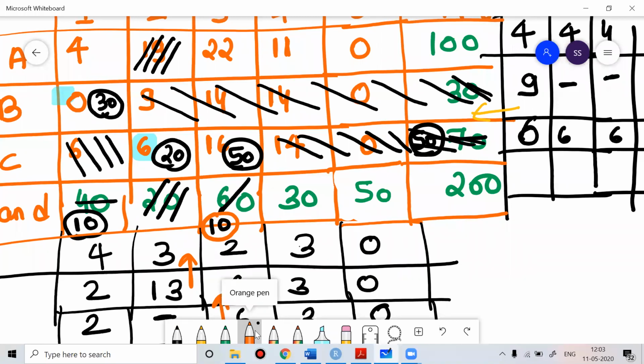For the third row, you can see the maximum is 70, and that is done. For the second row, the maximum is 30, and that is done. For the first row, the total is 100 and nothing is done till now. In the first column, the total is 40; you have done 30, and 10 is left. The second column is done, in the third column 10 is pending, and the fourth and fifth columns have nothing done. Okay, now going further,